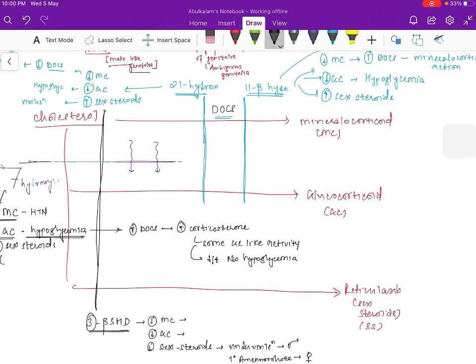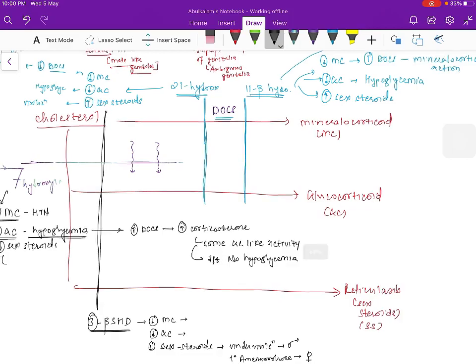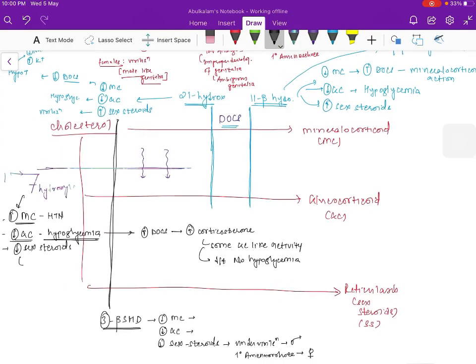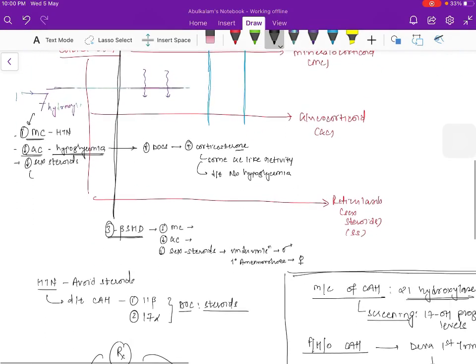It is after DOCS, so instead of presenting with hypotension, it will present with hypertension due to raised DOCS. 17, same logic, increased DOCS converted into increased corticosterone. I say again, it is corticosterone, that is a mineralocorticoid derivative. I do not mean that the glucocorticoid synthesis is present, so that is the reason they do not present. What I mean to say is increased DOCS, which will result in increased corticosterone, which will prevent the hypoglycemia features in case of 17-alpha hydroxylase.